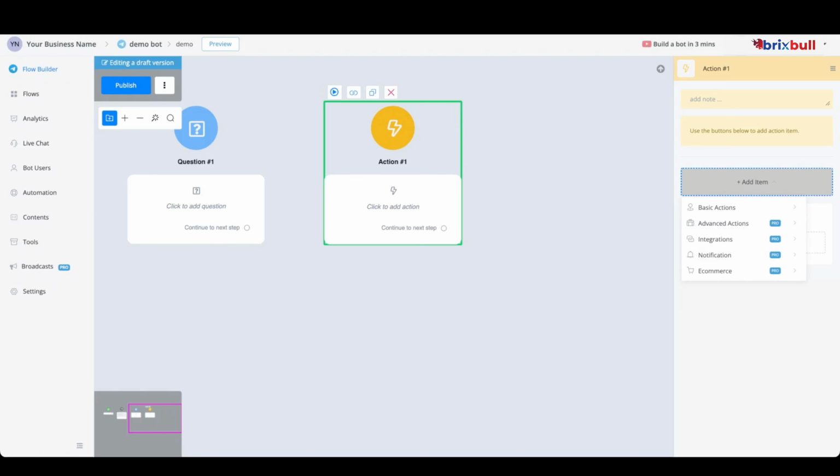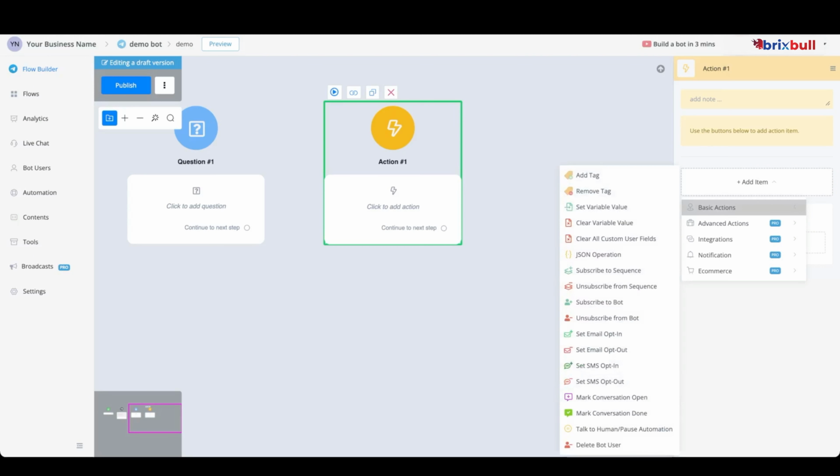If you hover over the basic actions, you will be able to add or remove a tag. You'll be able to set or clear a custom field. You can also clear all the custom user fields at one particular time. You will be able to do a JSON operation, subscribe a user to a sequence or unsubscribe it,